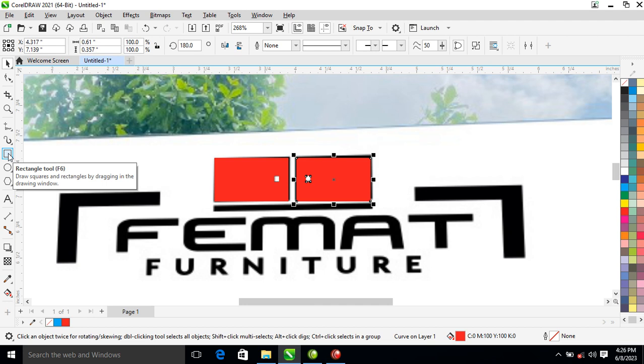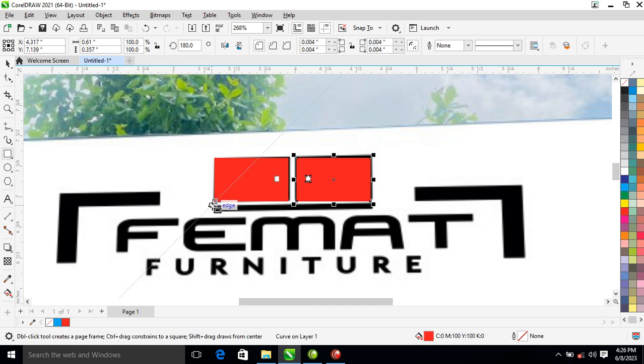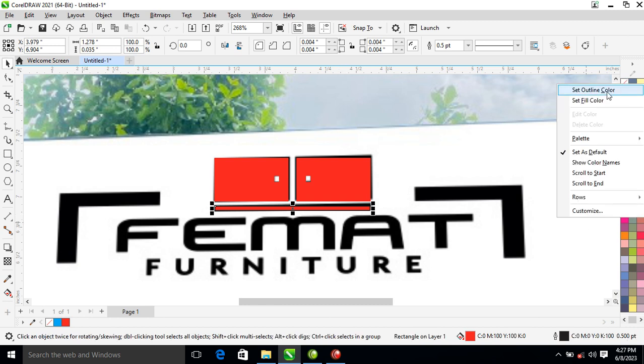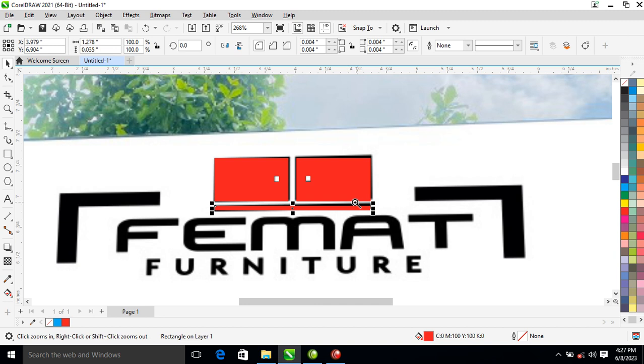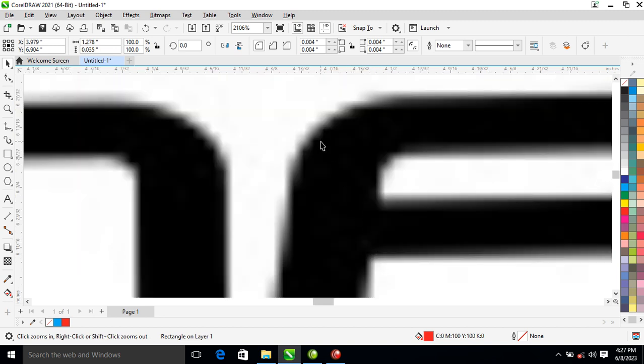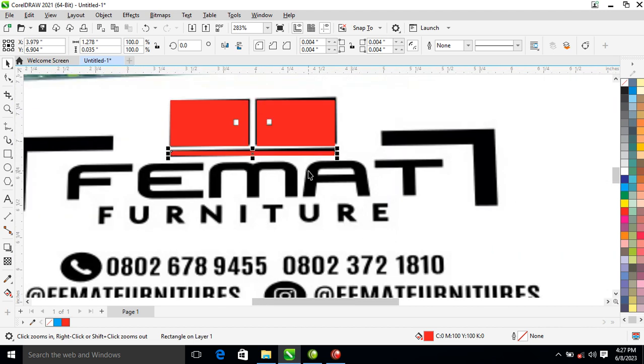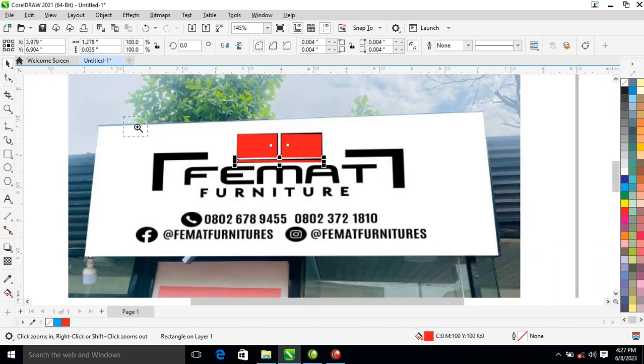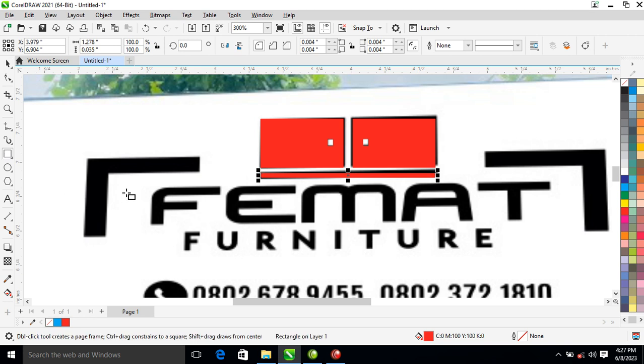So let's go ahead again to rectangle, create an object on top of this object right here. Mind you, we are recreating. Change that out to red. So right click to set the outline to none. So you can see for print we can't use it, so we needed to trace it so that it's going to be printable. So right now let's go ahead and just create this object just like so, change to red,